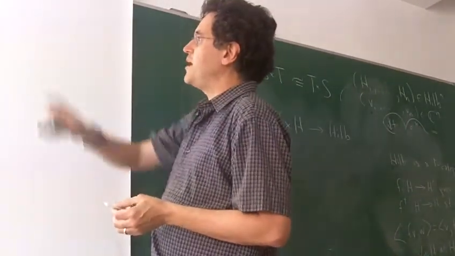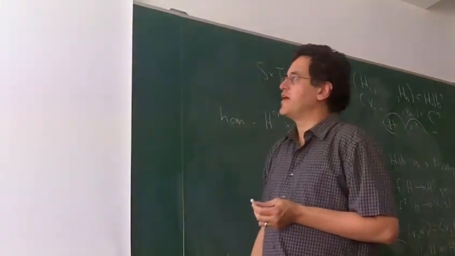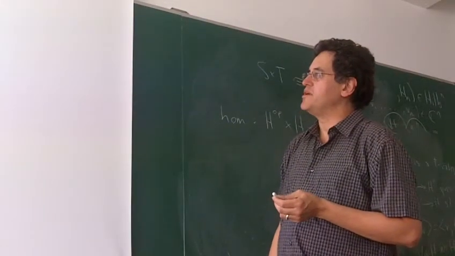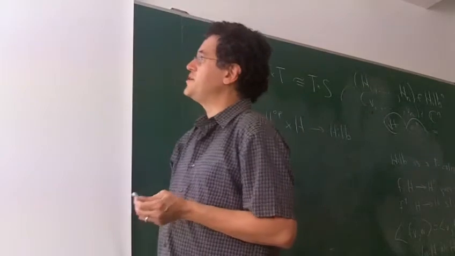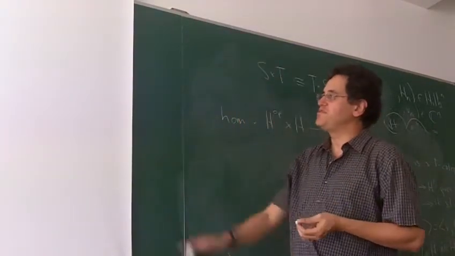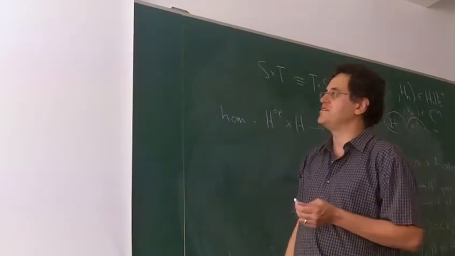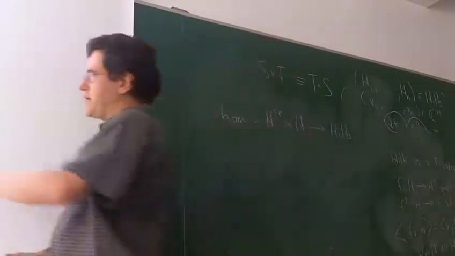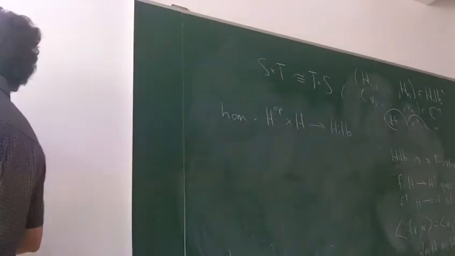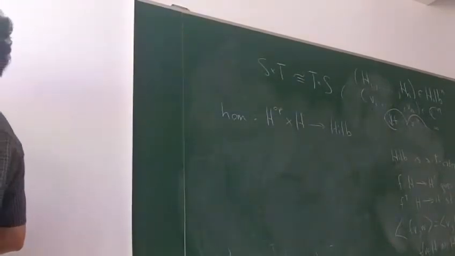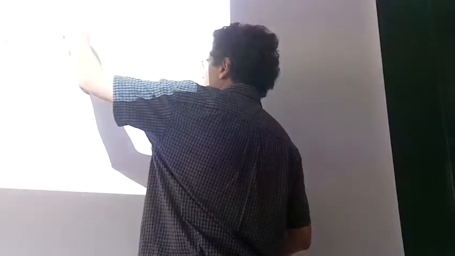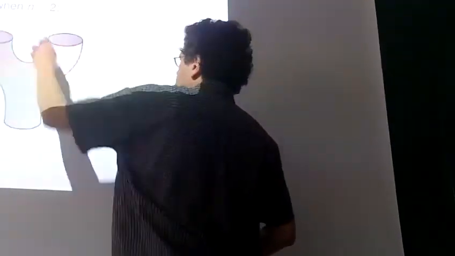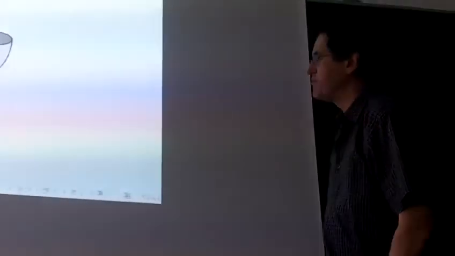For example, in topological quantum field theory, we like to think about this category nCob, where the objects are n-1 dimensional manifolds, usually compact, oriented and smooth, and the morphisms are cobordisms between those, that is, manifolds with boundary, where you take some part of the boundary and you call that the source of the morphism, and some part the target. So this picture here is a morphism from two circles to one circle.